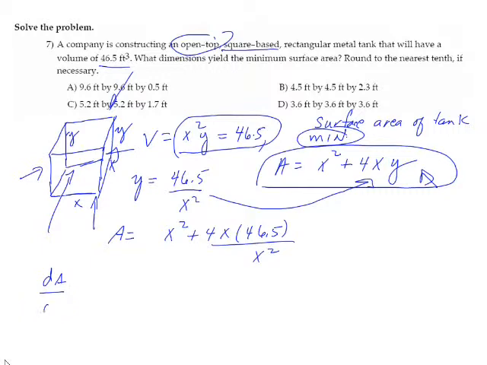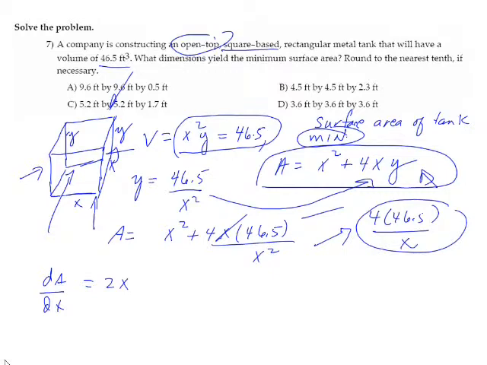Taking dA/dx, we get 2X plus, first of all, we would write this as 4 times 46.5 over X. And so taking the derivative of the second portion, we would get minus 4 times 46.5 over X squared. And we want to set that equal to 0, which means that 2X cubed minus 4 times 46.5 equals 0,